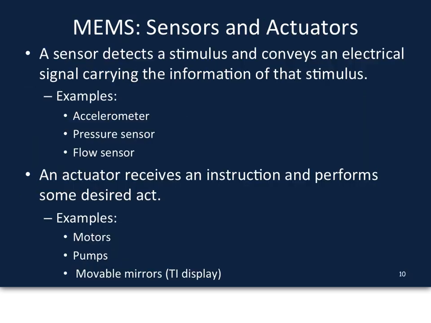So MEMS devices can be used for both sensing and actuating. A sensor is something that detects a stimulus and conveys some electrical signal carrying the information of that stimulus. So for example, lots of MEMS sensors are things like accelerometers, pressure sensors, flow sensors like the anemometer we just mentioned. And actuators are things that receive some instruction from externally, usually via some electrical means, and perform some desired act. So for example, we have things like MEMS motors, MEMS pumps, and also movable mirrors like this